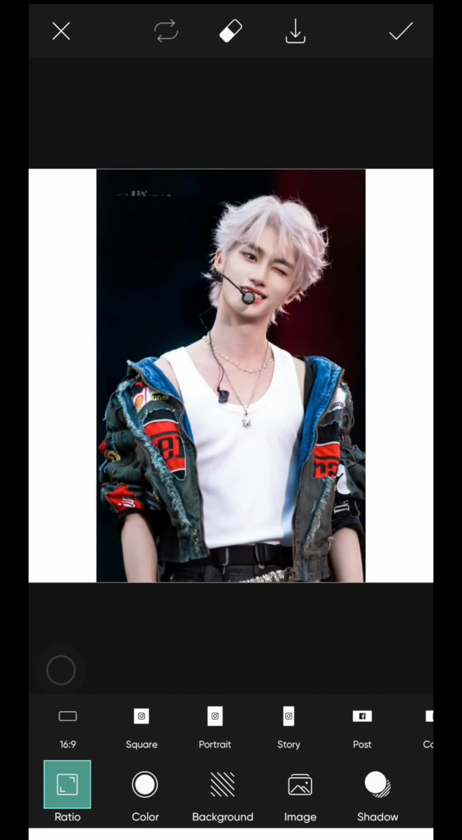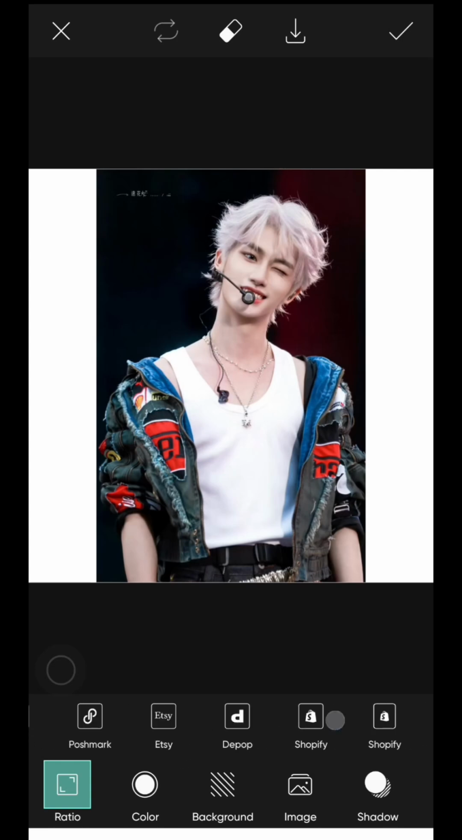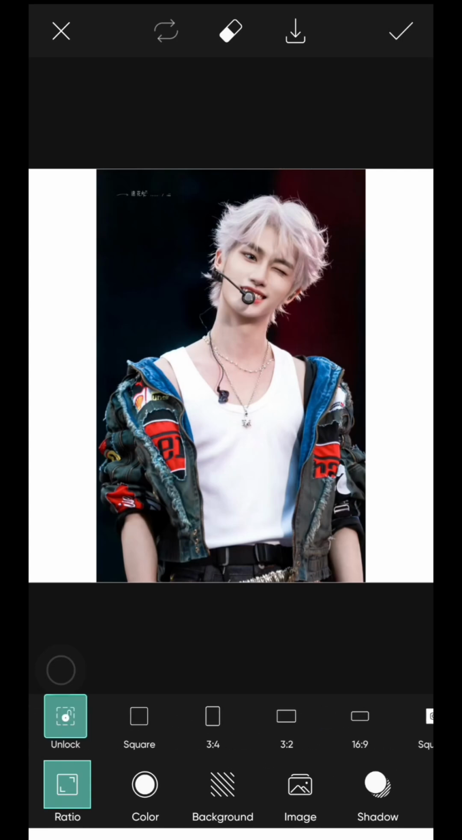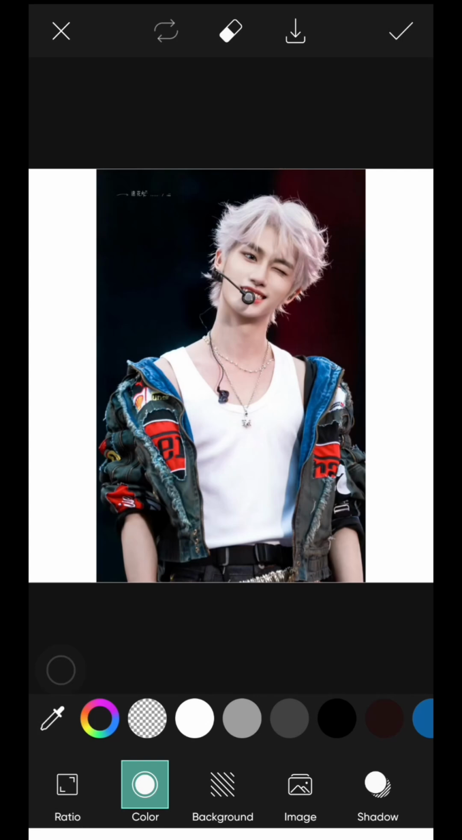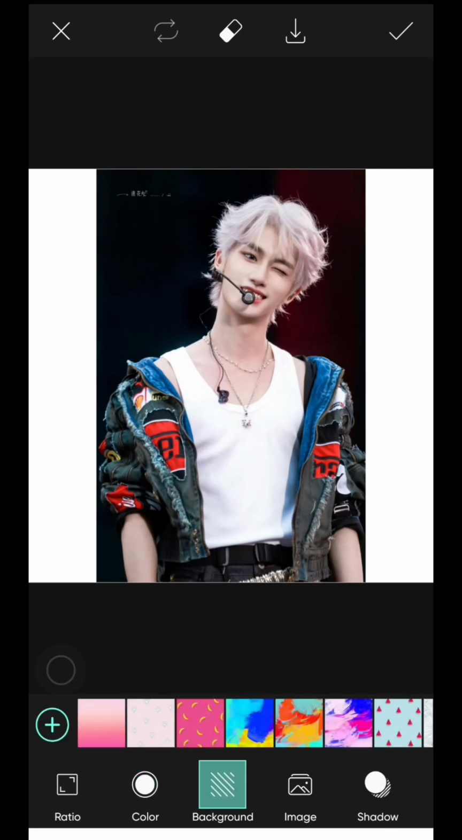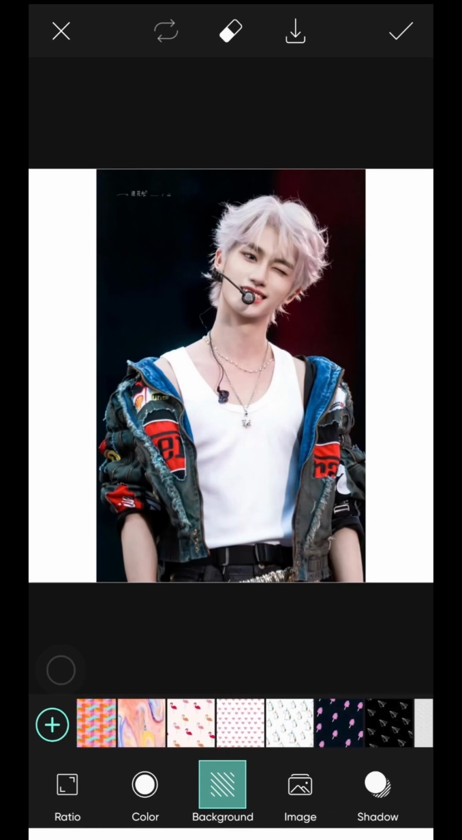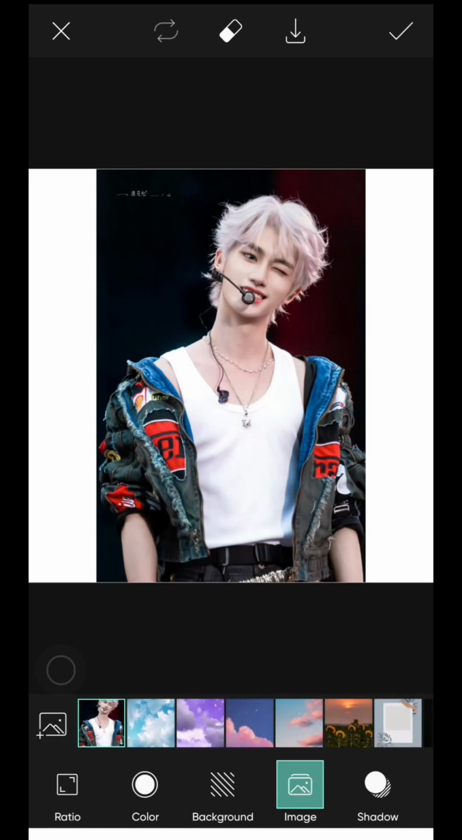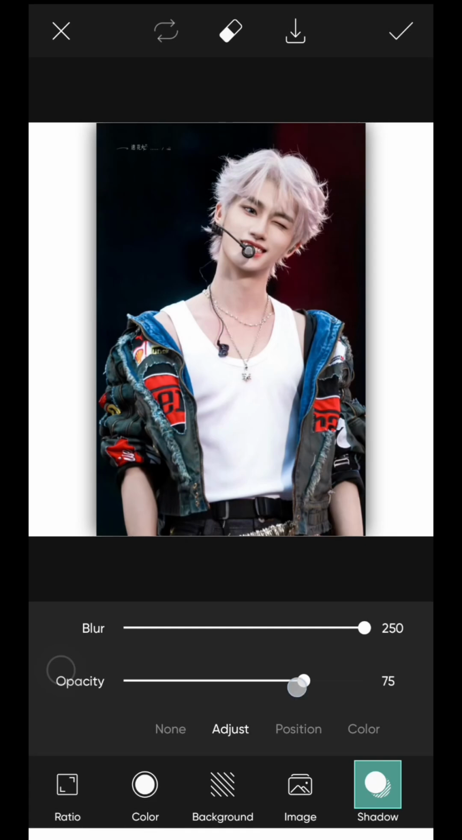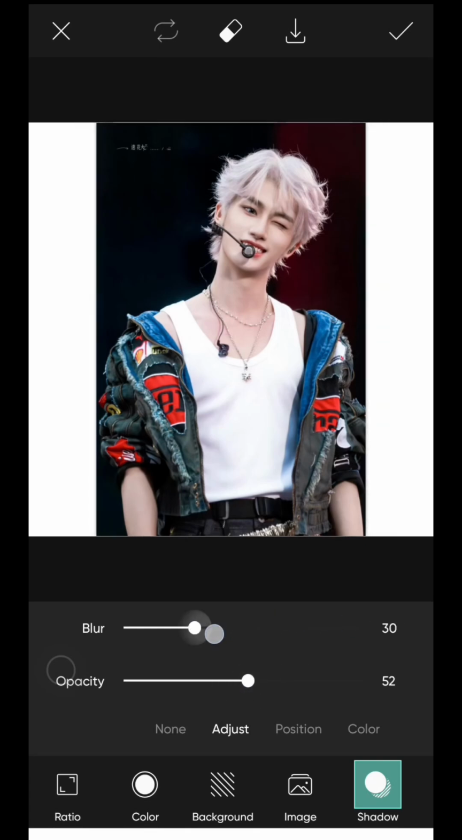In here you can choose the size that you want, and then next you can also choose the color background over here, or you can also choose the background with image or texture like this, with image like this, or maybe also you can also choose with shadow like this. Adjust the shadow,